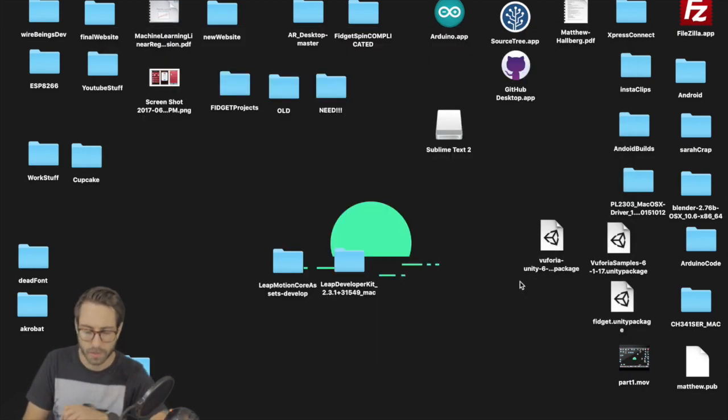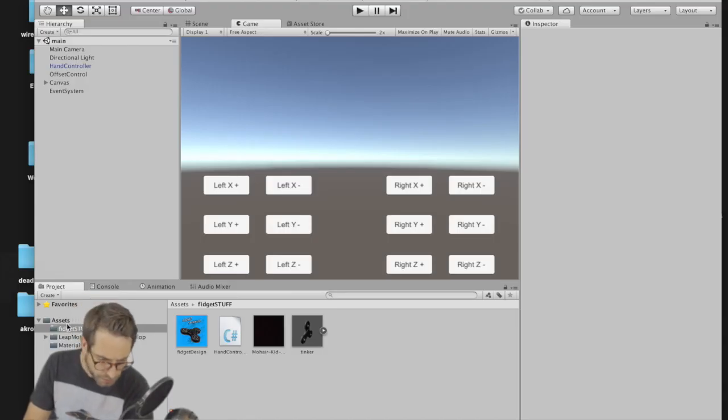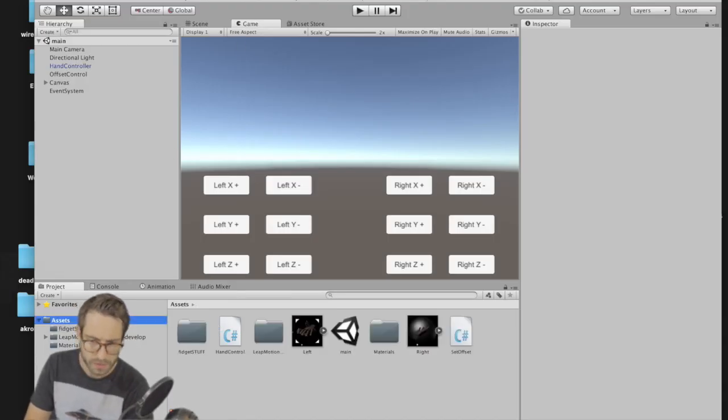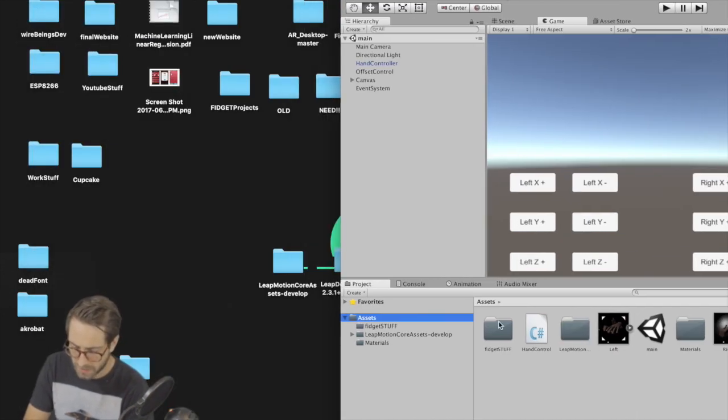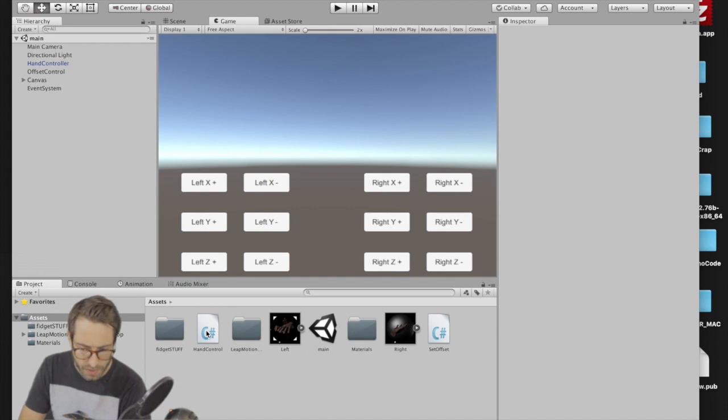Okay, so let's open up this project. First of all, in the assets folder, there's another folder called fidget stuff. This is stuff that we're going to use in another project. So drag this, put it on your desktop for now with your other things there. Now pull up hand control,